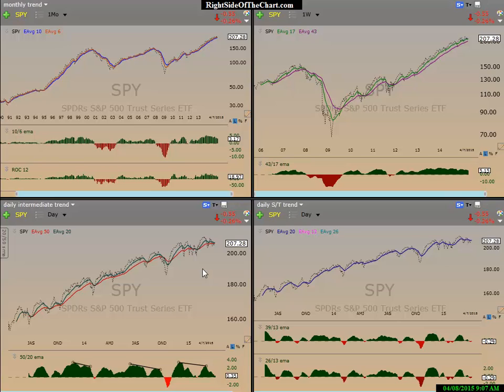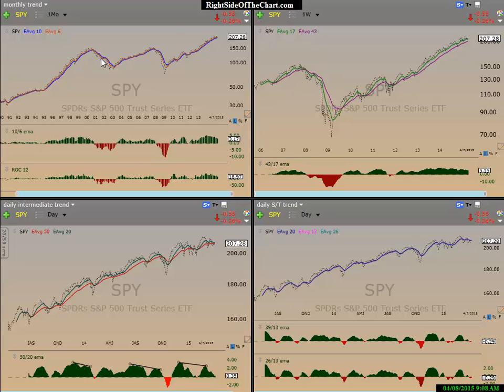By simple, I mean we're just using two moving averages. We're not using a trio. We're not using multiple sell signals. And of course, as I always say, there isn't any one trend or buy or sell indicator by itself that's perfect. So I use these in conjunction with other confirming signals to help define the trend, or try to help minimize those times where some of these trend indicators can give you a whipsaw or a false sell signal or buy signal. Moving up here, this is the weekly time frame, weekly chart using a 17 and 43 EMA pair,